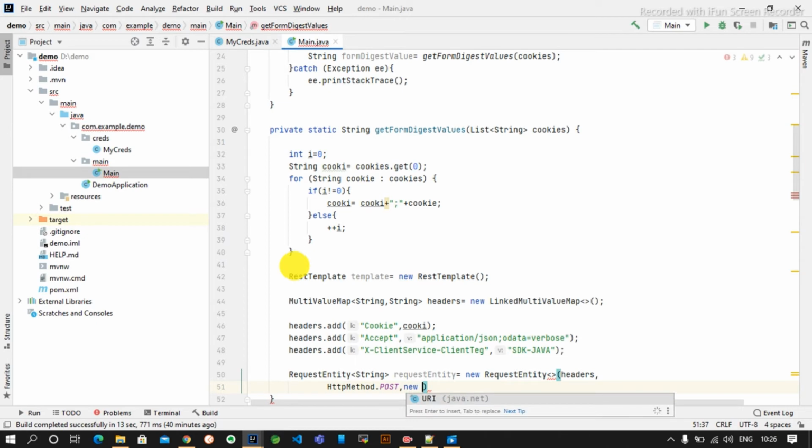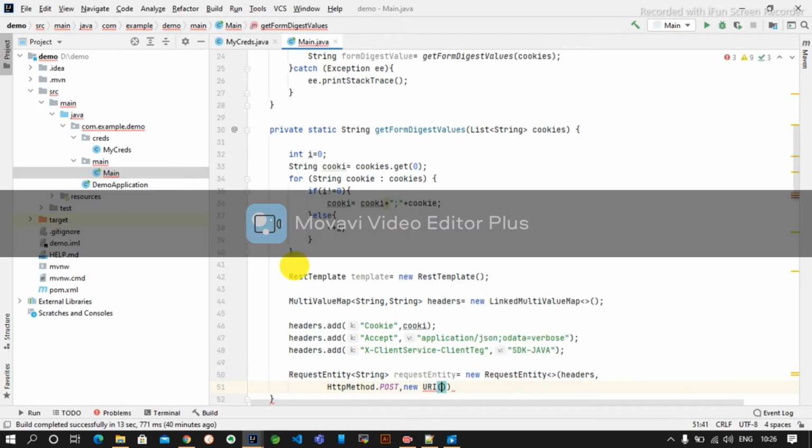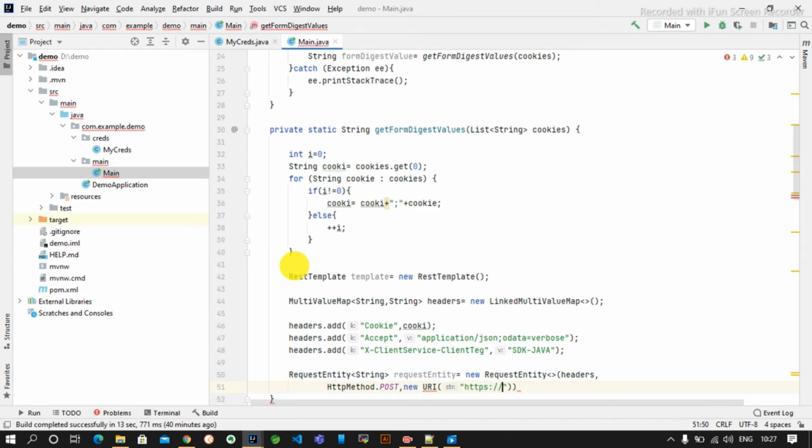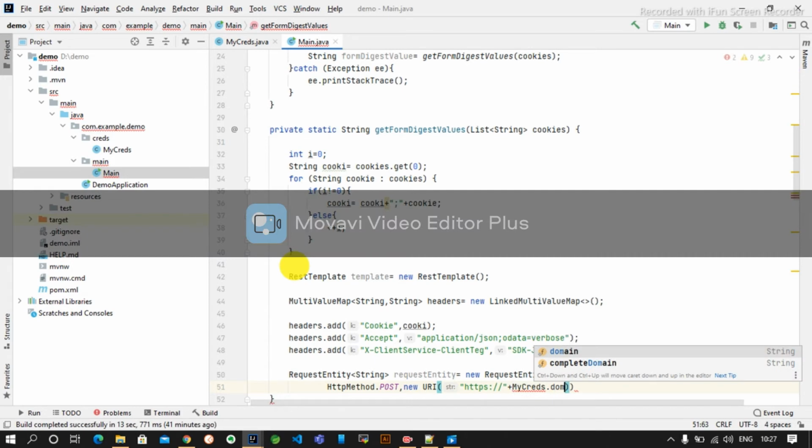We will use new URI https colon double slash, then my domain name, sorry, minecrates dot domain, and then we can use dot sharepoint.com.